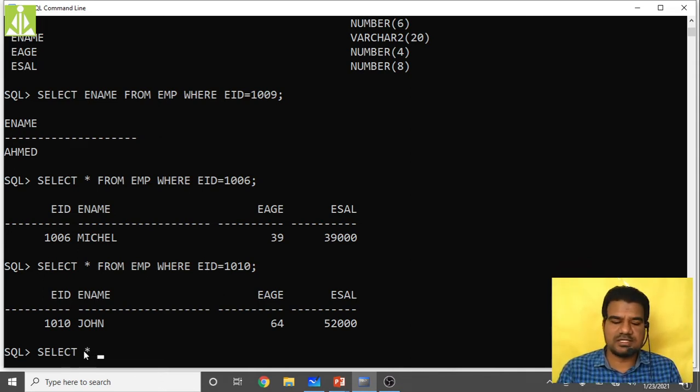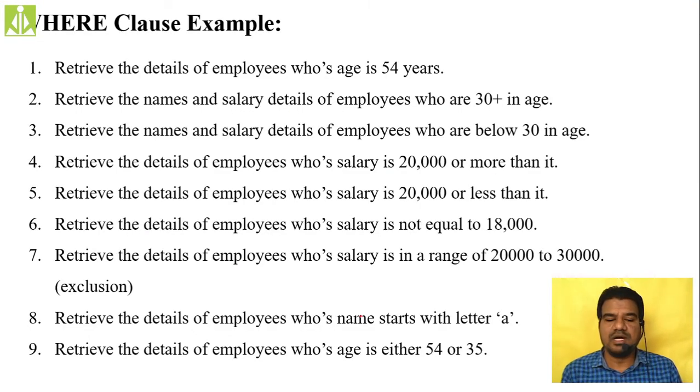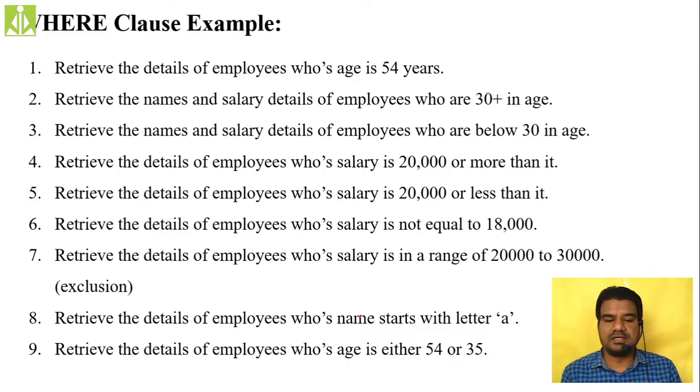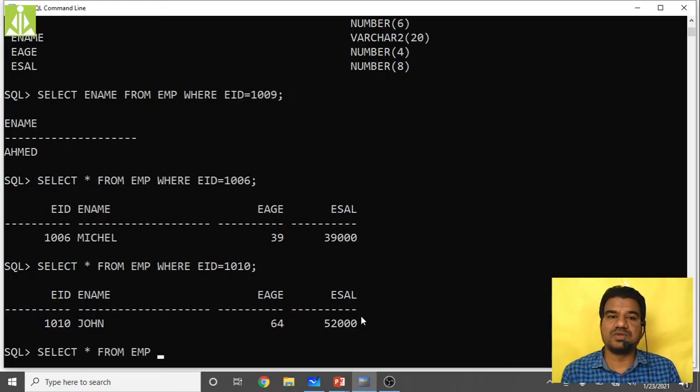From which table? From employee table. Select the details of employees whose age is exactly 54 years. So select star from employee where age equals 54.